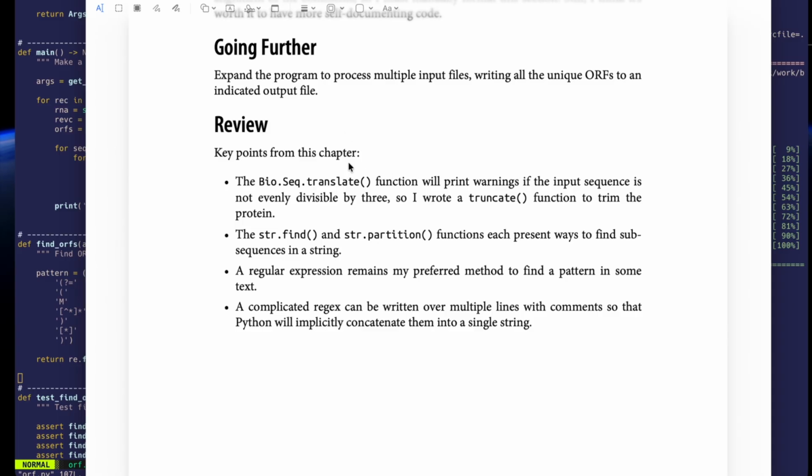So reviewing, we used the translate function, and in order to use that nicely, we wrote our own truncate function. We explored string find and string index and string partition, different ways of breaking strings apart. But in the end, I think the regular expression is again the way that I would go. Probably if I benchmark these on some big input files, I would likely find that that's the slowest way to go about it. And if it was truly a problem, I would write faster code, or maybe I would implement it in a different language, such as Rust. And the last thing is that regular expressions can be quite complicated to